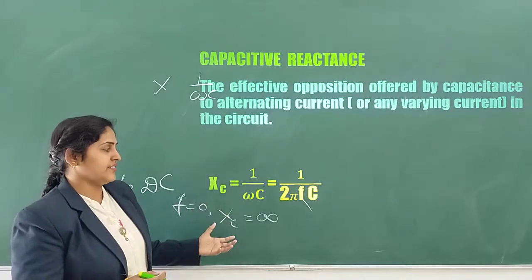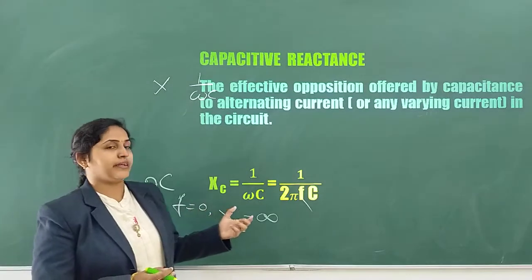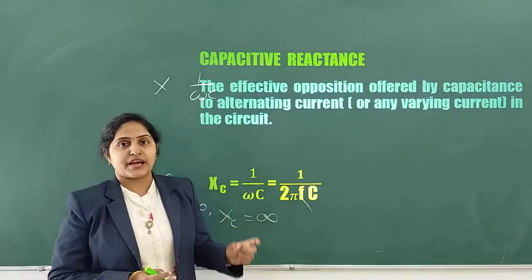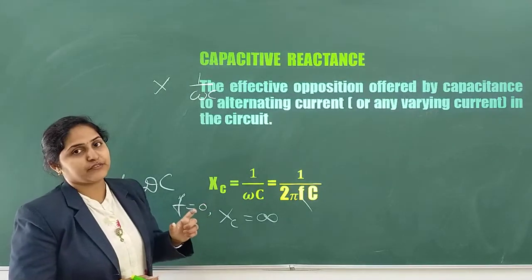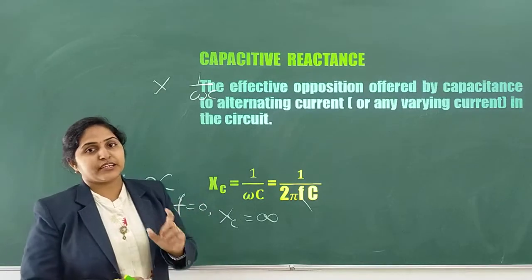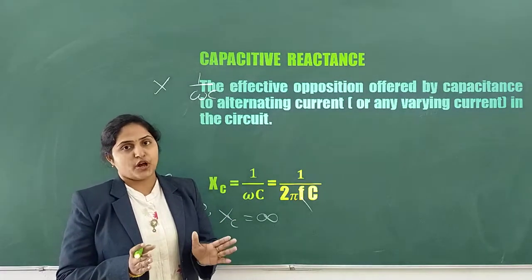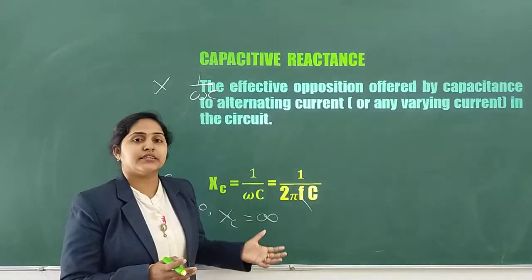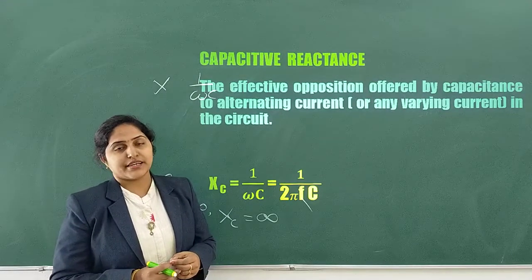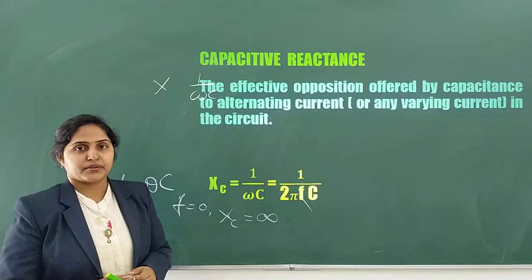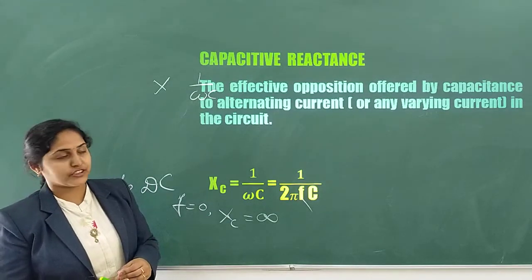So in a DC circuit, or direct current circuit, as I told you in the beginning, a small amount of current flows until the plates on the capacitor get fully charged. Once the plates on the capacitor are charged, the current will stop. There will be no further current. So this is the purpose of capacitive reactance and its function.